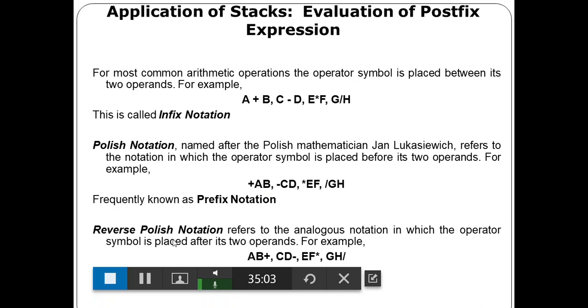Okay, and we have another type of notation called reverse Polish notation. This one is also called postfix notation, postfix expression. What happens here? Postfix means after the operands. That is, a plus b is nothing but ab plus. You see c minus d is nothing but cd minus. e star f, e multiply f, is nothing but ef star. g by h is nothing but gh divide. Okay,